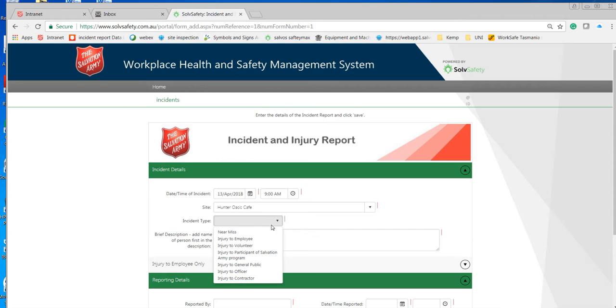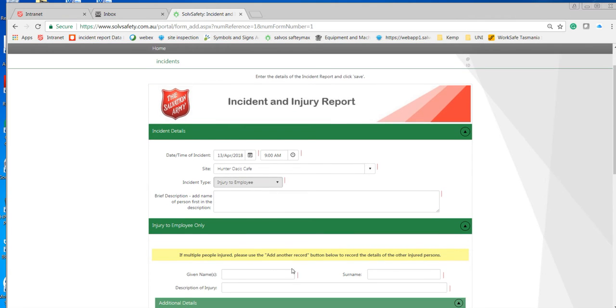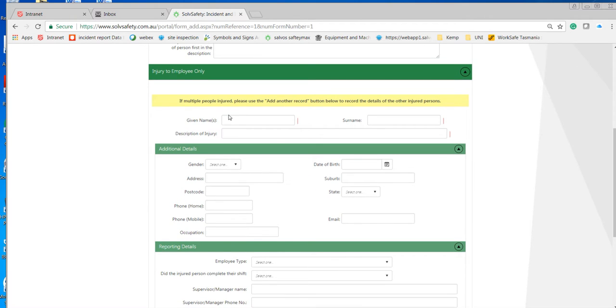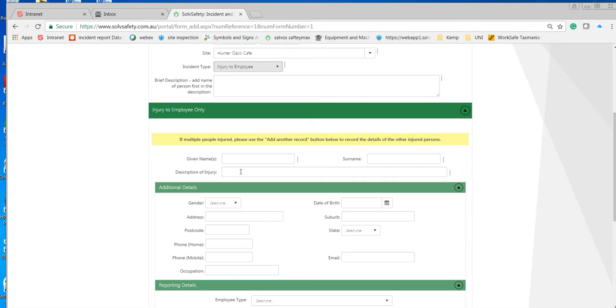Incident type, let's go to employee this time, and you'll see that it drops down a whole new bunch of information here. So when it happens to an employee, we have to go through work cover, so we need a whole bunch of extra details here, and our return to work guys will look after that, but you need to put their name, their surname, the description of injury in there as well. So that'll go into there. So it might be description of injury,